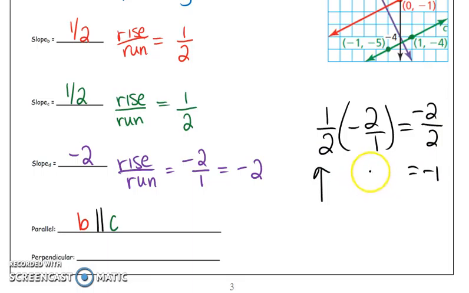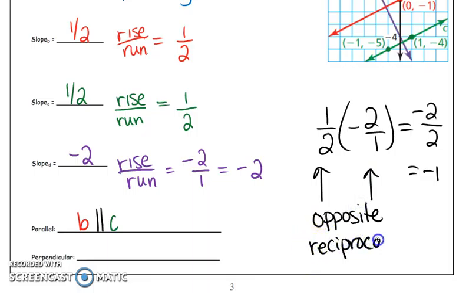So 1/2 and negative 2 are opposite because one is positive and one is negative, and they are reciprocal because 1 over 2, when you flip it, is 2 over 1. Therefore, line B is perpendicular to line D, and also, line C